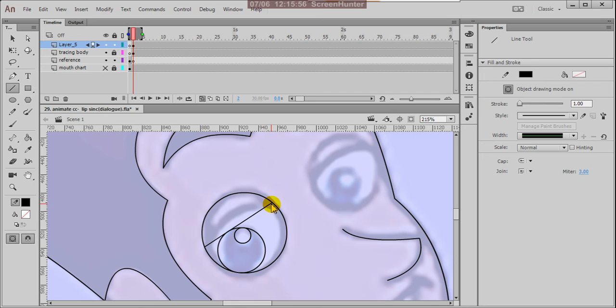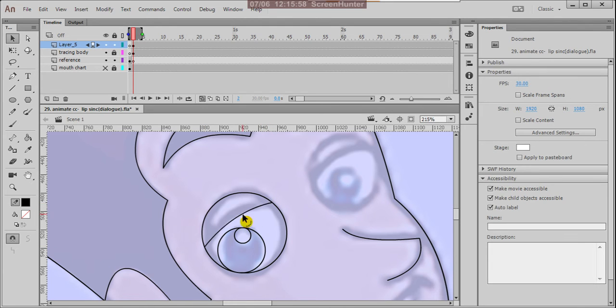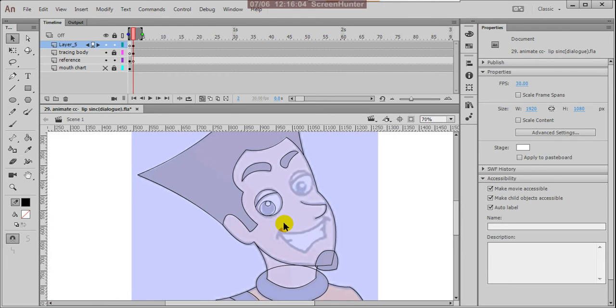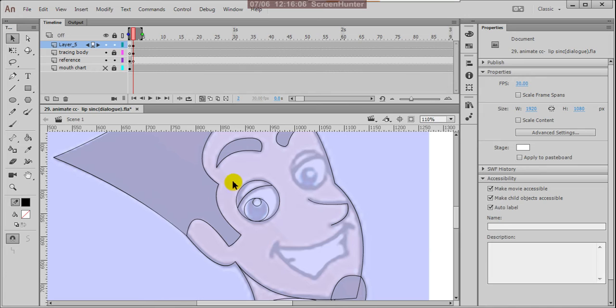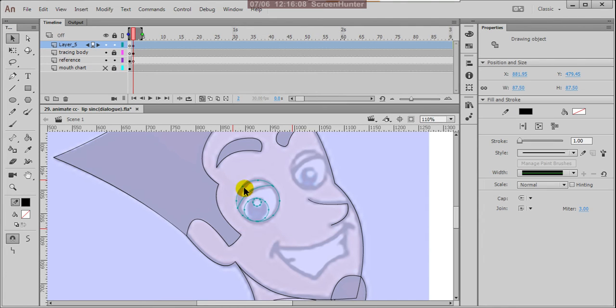Draw this line and give the shape, proper shape. Yes. Okay, now what I'm doing, I'll select this whole eye. Okay, Control C, Control Shift V. So copy and paste. Okay, and now use a Q.